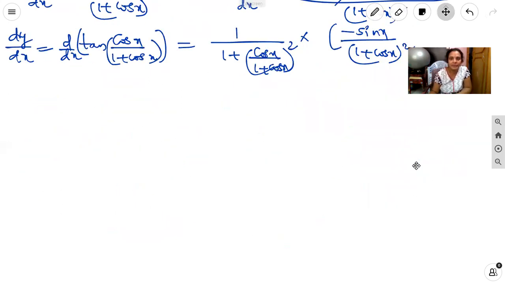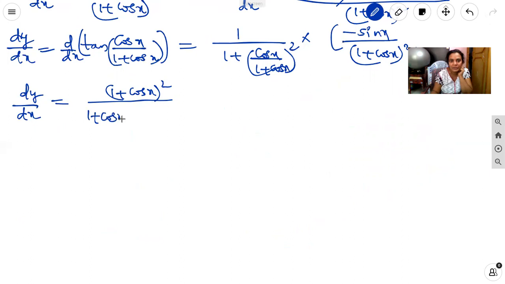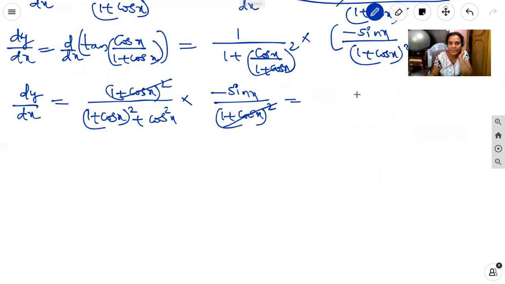Simplify. dy by dx equal to 1 by, taking the LCM, the denominator goes to the numerator, that is 1 plus cos x whole square, and it is 1 plus cos x whole square in the denominator plus cos square x, into minus sin x by 1 plus cos x whole square. 1 plus cos x whole square and 1 plus cos x whole square get cancelled. It is equal to minus sin x